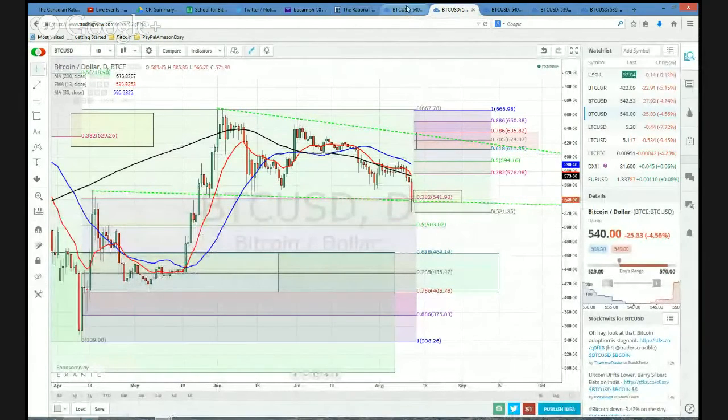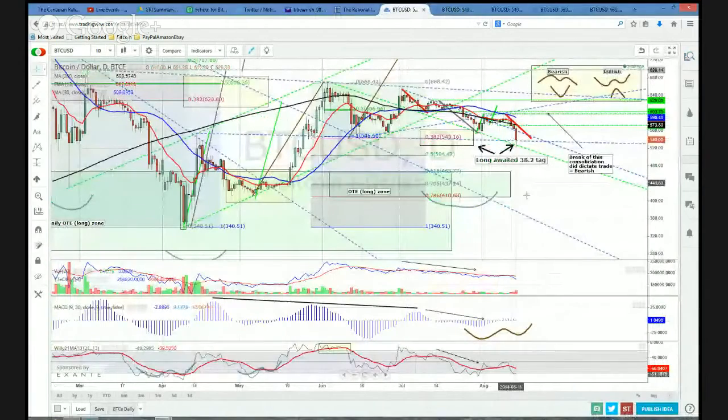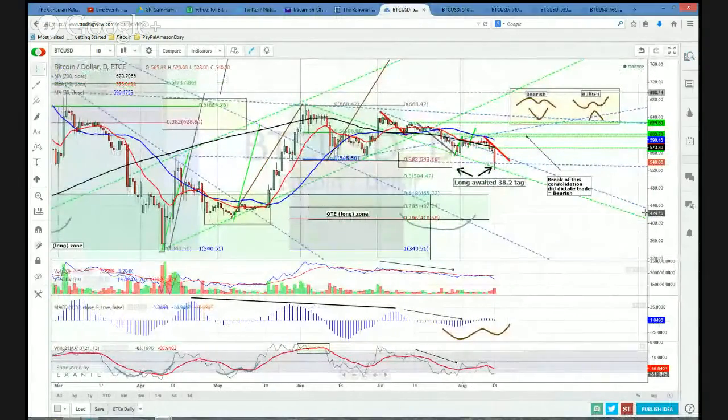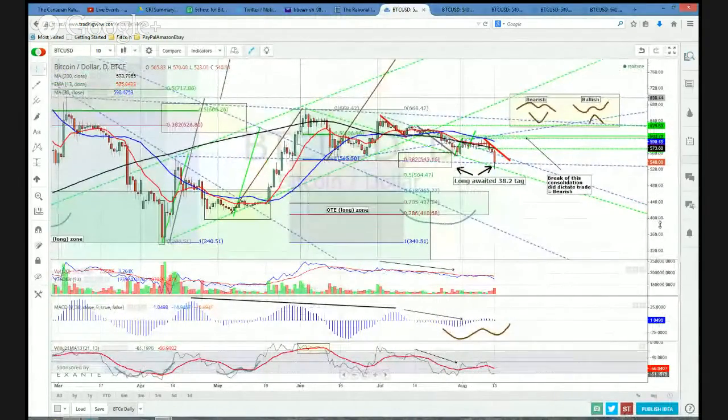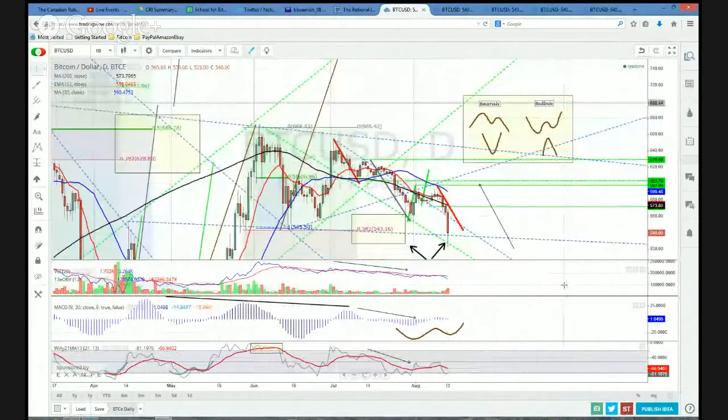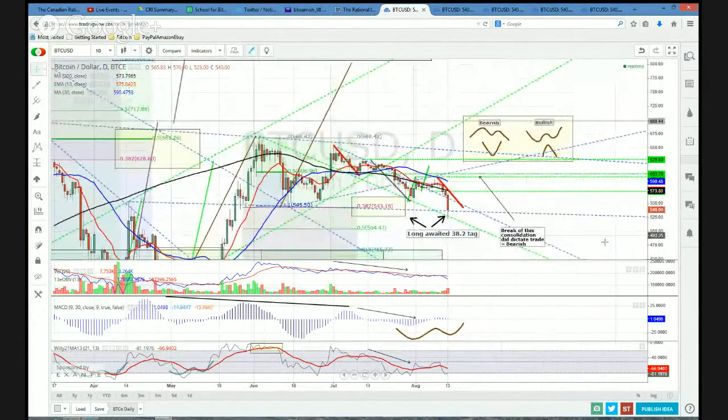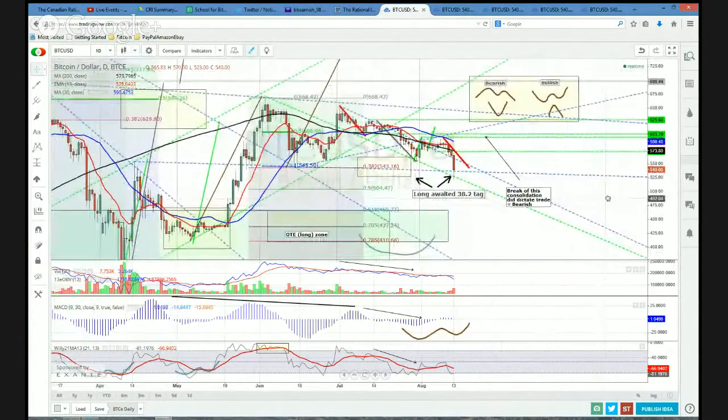Going back to our big chart here, and we remind ourselves what market structure looks like: bearish. Let's zoom that out a bit. And bullish. These V bottoms, right? Classic bearish action. M tops, classic bearish action. So let's start seeing some W's and some V tops, and then we can at least start thinking about a bottom.